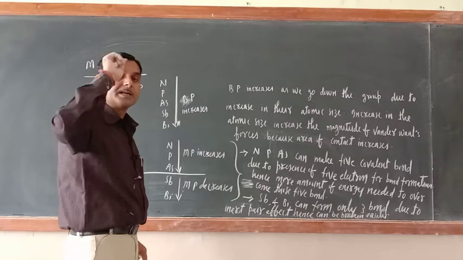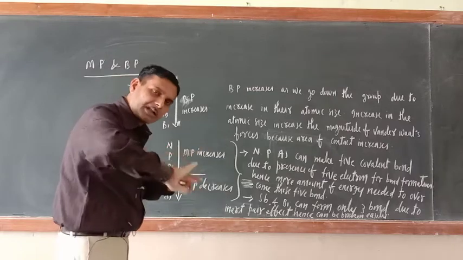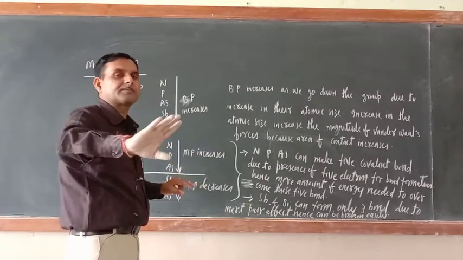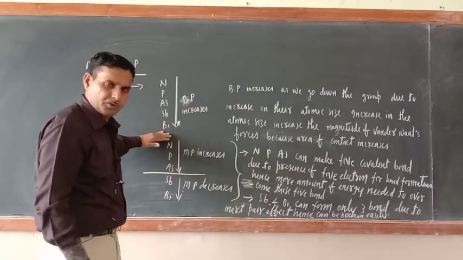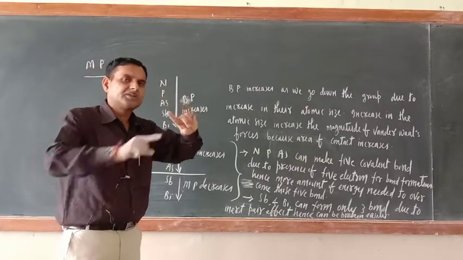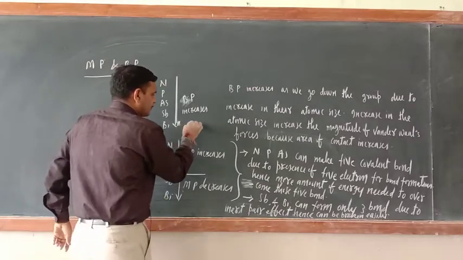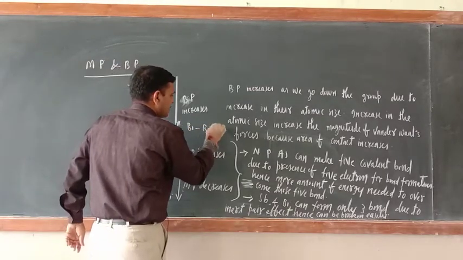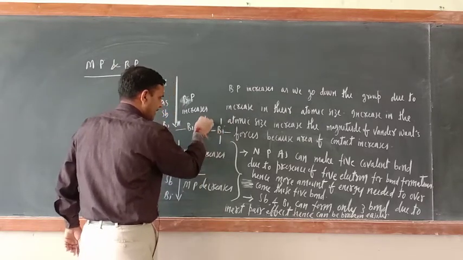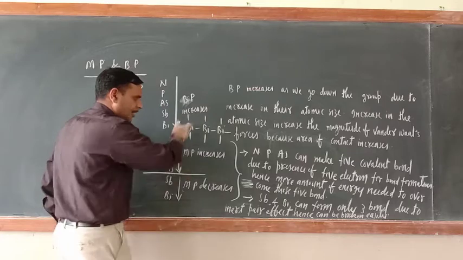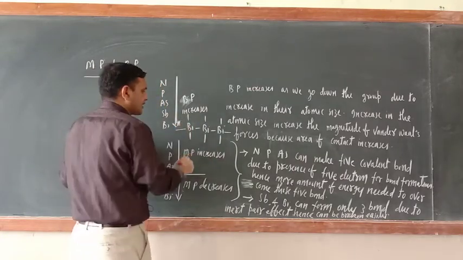It is the property of collective atoms as a whole. Okay, when all the forces between atoms get broken, then only they will boil. So I have taken here bismuth. Okay, bismuth size is large. So when so many bismuth atoms are there, they will form bonds like that: bismuth, bismuth, bismuth. Correct or not? This side also, this side also, this side also. Everywhere what would be there? Bismuth will be there.